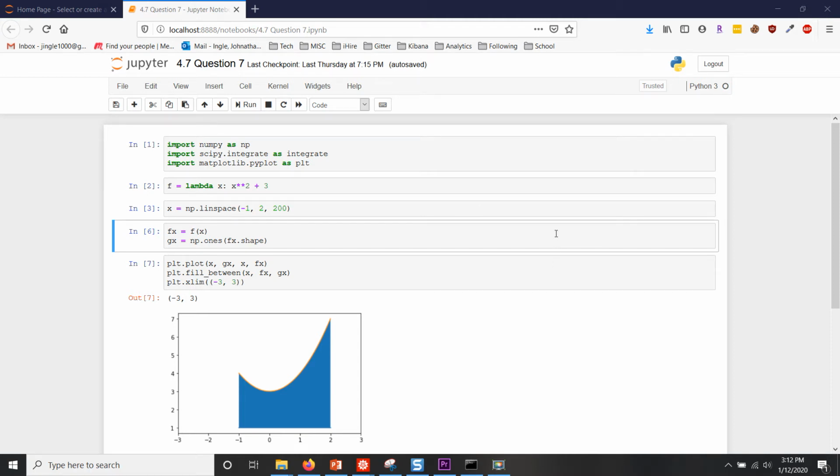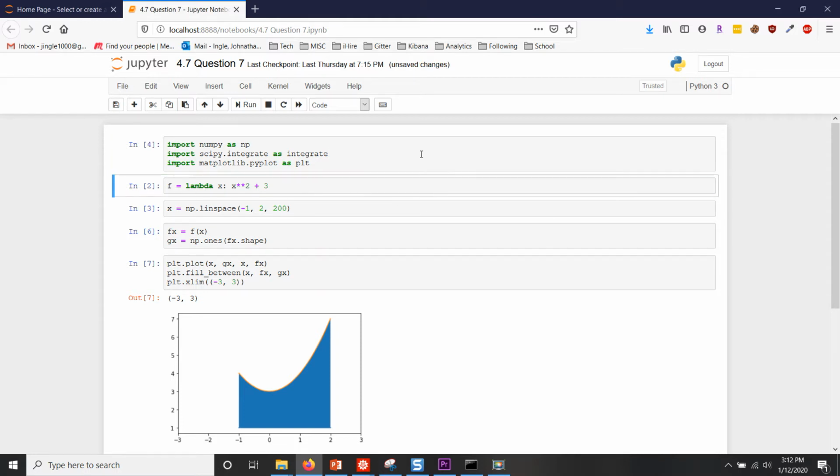Alright everybody, today we're going to be calculating the area between two curves with Python. And to do this, we're going to need Numpy, Scipy, and for plotting, making things pretty, we're going to use matplotlib. Let's start off by importing our libraries, creating our f of x function, where f of x equals x squared plus 3,